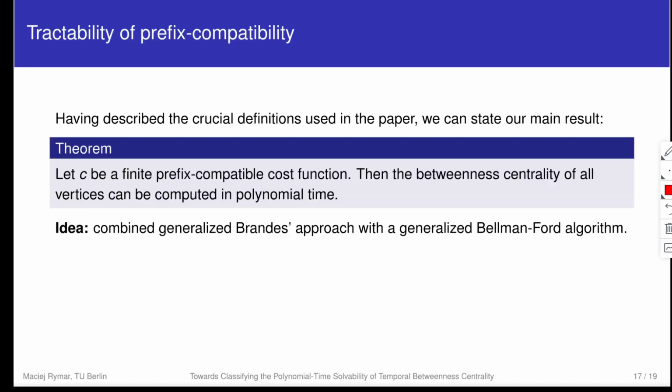And now, having described this prefix compatibility, we can finally state our main result in the paper, which says that, okay, if I have a finite prefix-compatible cost function, then the betweenness centrality of all those vertices can be computed in polynomial time. And how we do it is we combine Brandes' approach with a Bellman-Ford algorithm and generalize them to the temporal case. But just to quickly also mention this finiteness criterion, so